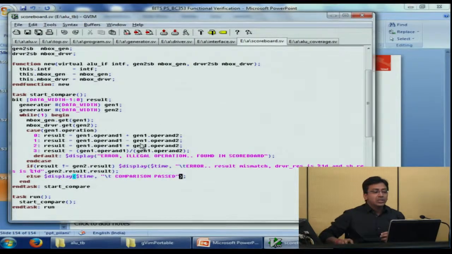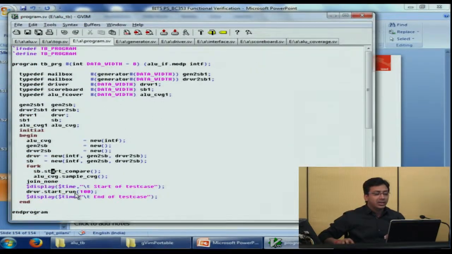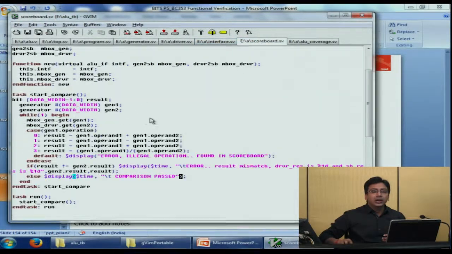The running time of the simulation is decided by the driver, by how many inputs we provide to the DUT through this API, driver.startRun. These entities, the scoreboard and all, can keep running. If they do not receive any entity and the simulation completes, the simulation will end on its own. So that's how it works.